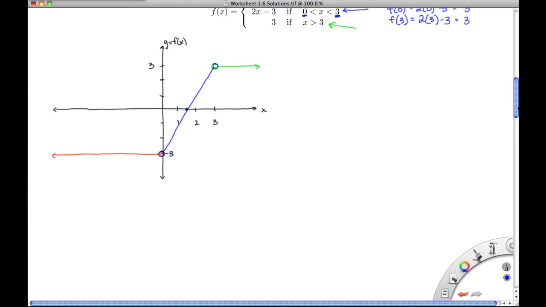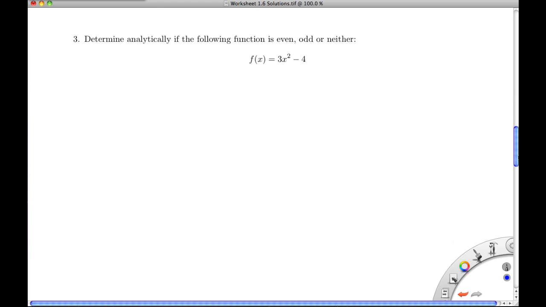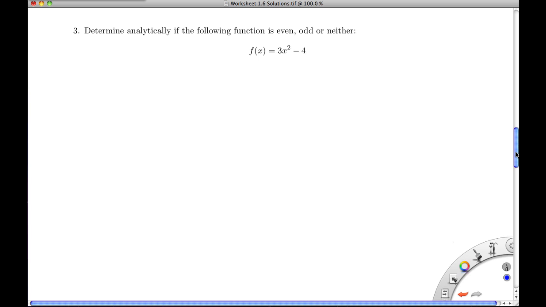So for number 3, we're looking at another important characteristic of graphs that's good to keep in mind, which is this idea of symmetry. And symmetry can be determined by identifying a function as either even or odd. You probably remember from class that some of the things we have at our disposal for determining whether or not a function is even or odd is that if a function is even,